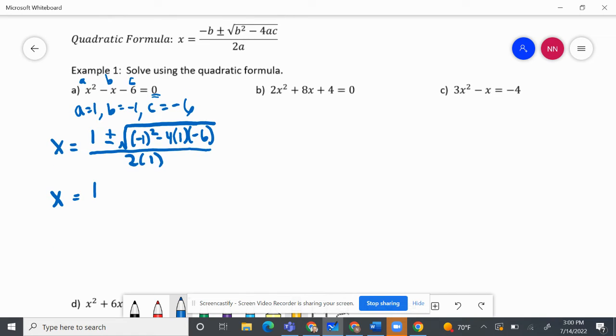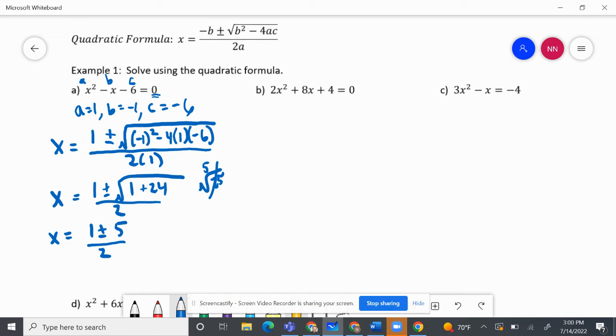So we have 1 plus or minus the square root. Negative 1 squared is 1. Negative 4 times 1 times negative 6 is a positive 24 all over 2. So x equals 1 plus or minus the square root of 1 plus 24, which is 25, and we know that the square root of 25 is 5